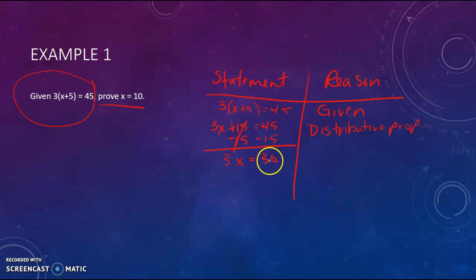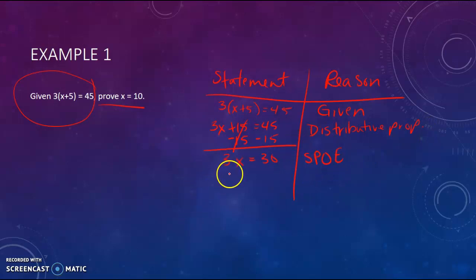The reason I can say that 3x equals 30 is because I subtracted equally to both sides, so that's our subtraction property of equality, otherwise known as SPOE, so that we can abbreviate. Or you can even say subtract from both sides,